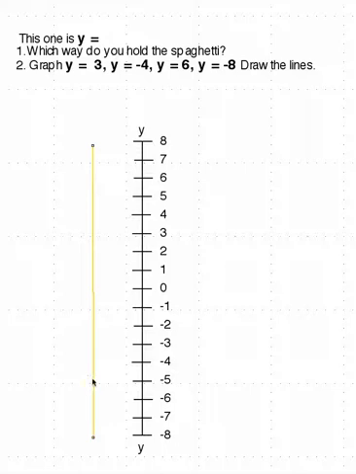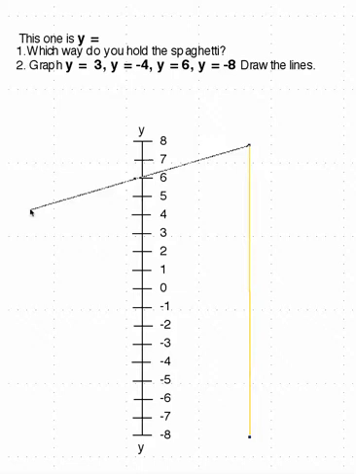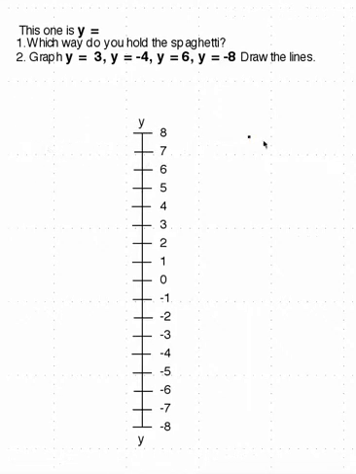Now we have y, and you see that y is going the opposite way. So like we said, it's like a thermometer with 0 in the middle, going up positive, going down negative. We have our piece of spaghetti right here, and this way is going to be held horizontally. So I'll move it this way, and we have it going this way. So that is horizontal, and y is 0,